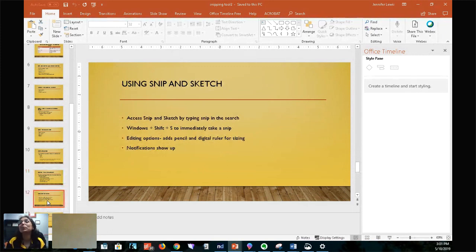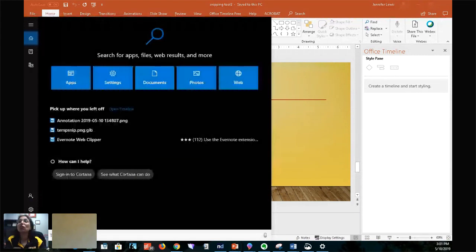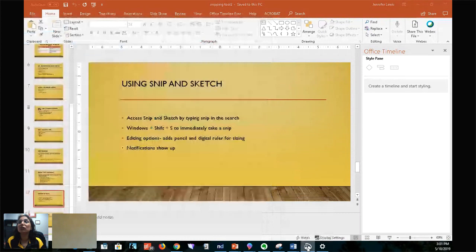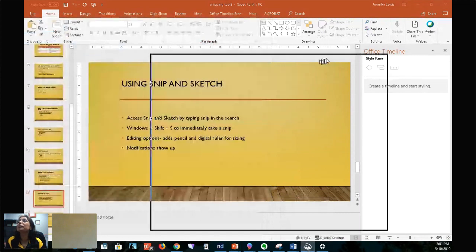So to access Snip and Sketch, again, you're going to do the same thing you did before. You're just going to start typing Snip, and there you see Snip and Sketch. Again, you're going to pin the taskbar. Here it is. And then next time you need it, you'll just open it up. So when you open this up,